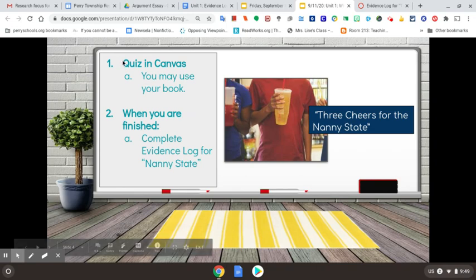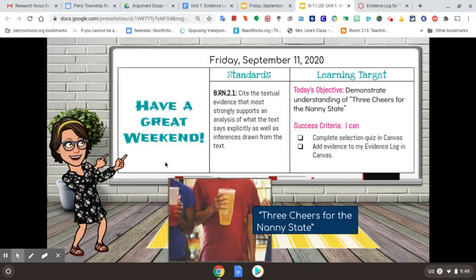So your job today is to get that quiz done in Canvas. When you're finished with the quiz, you are working on your evidence log for 3 Cheers for the Nanny State. All right. And have a great weekend. Try to get some rest, get caught up